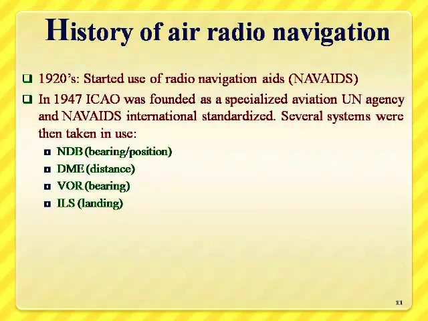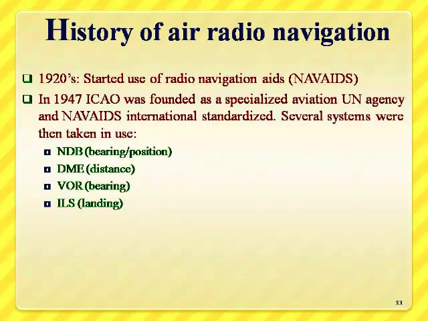Then another one, DME, distance measuring equipment. As the name indicates, it gives the distance. Then VOR, VHF omni range. It's a misnomer in one sense that though we call it a range, it doesn't give the range information. It gives the angle information, that is bearing. And finally, people have started using ILS, that is instrument landing systems, particularly useful for landing purposes.